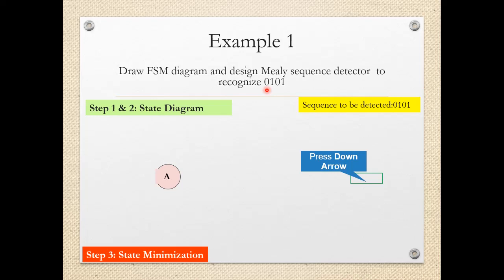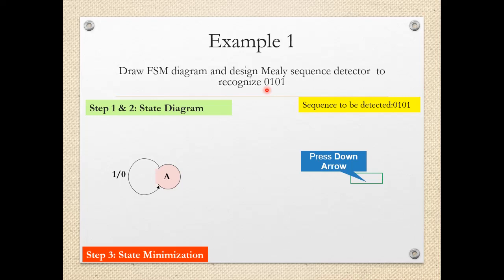For checking the first bit, that is 0, in this sequence you can see this is the first bit that we have to check, that is, whether 0 is coming in the input stream or not. So we'll be checking the bit, either 0 will come or 1 will come. If 1 comes, because actually we want 0 in our correct sequence, we remain in the same state till 0 comes.